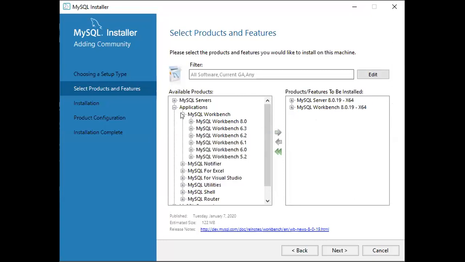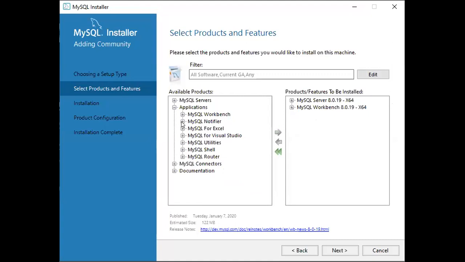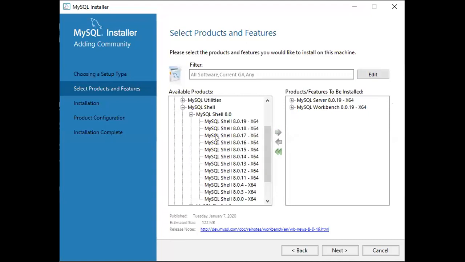Now I have selected Workbench also. Notifier, I don't require this. MySQL for Excel, I don't require because I'm not going to work with Excel. Visual Studio is also not required. Utilities are also not required. MySQL Shell is required.